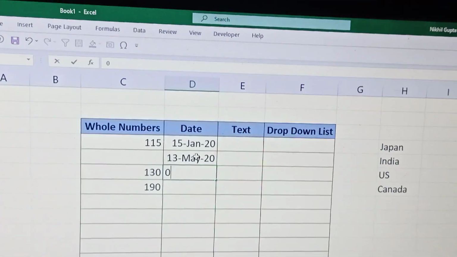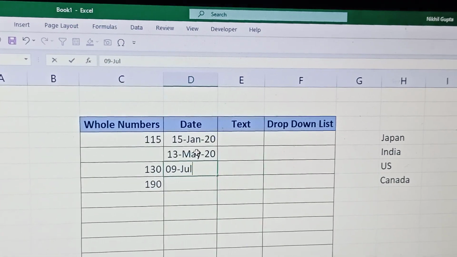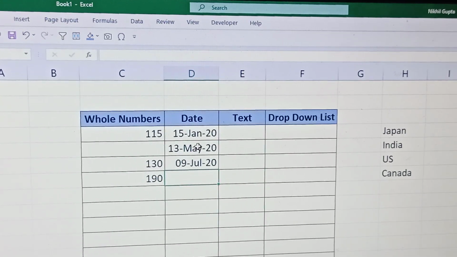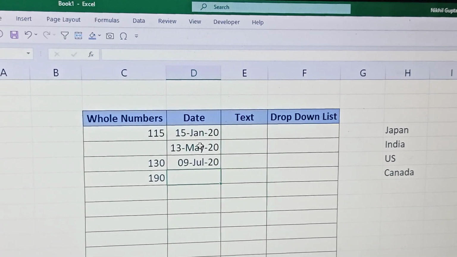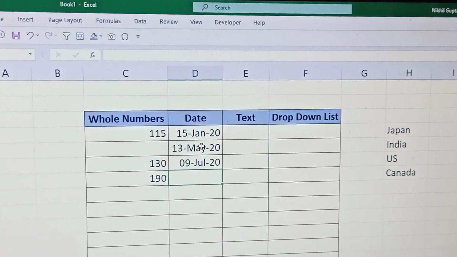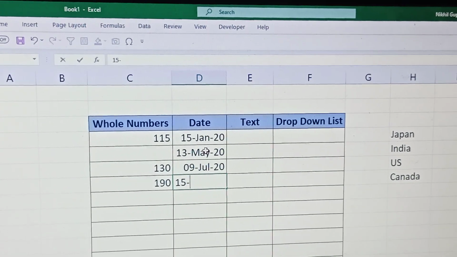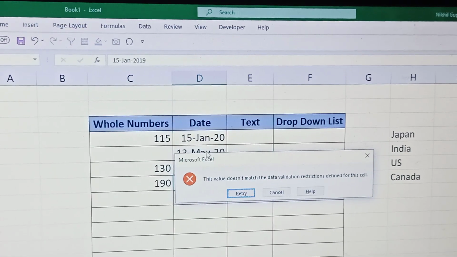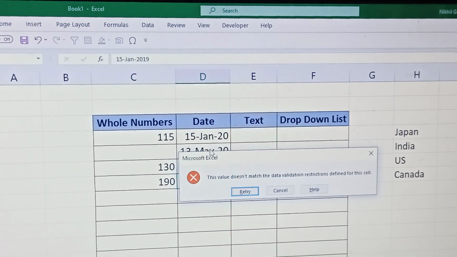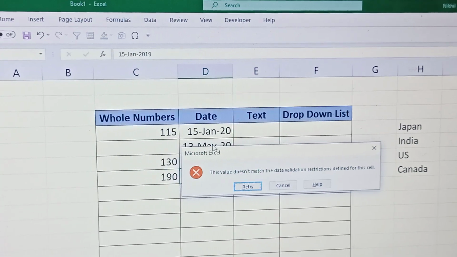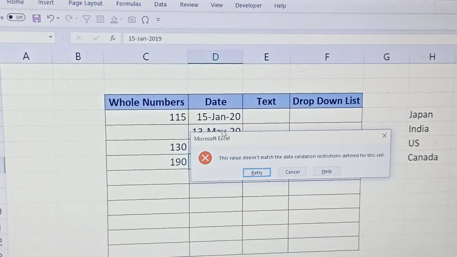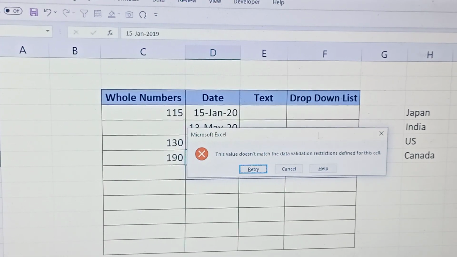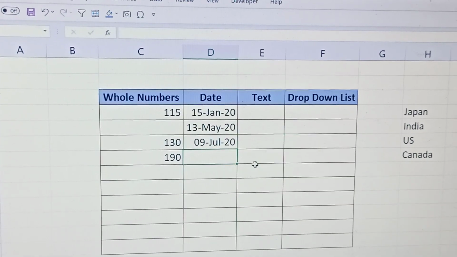Today's date, 9th July 2020. Now if you enter any date of 2019, say 15th January 2019, again this will show the error that this does not match the entries that you are looking for. So click on Cancel.